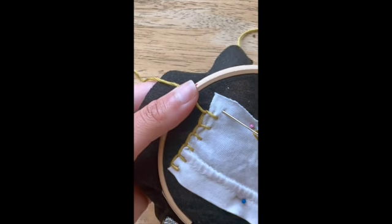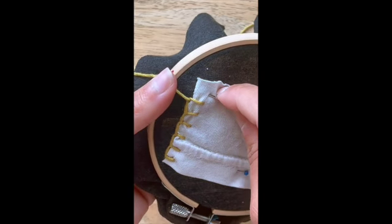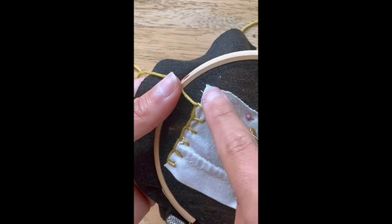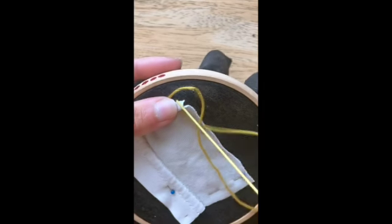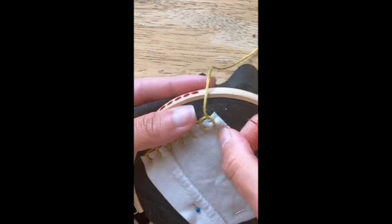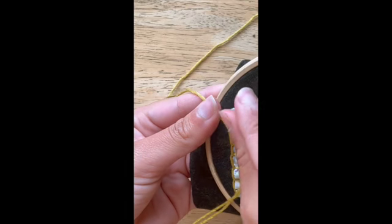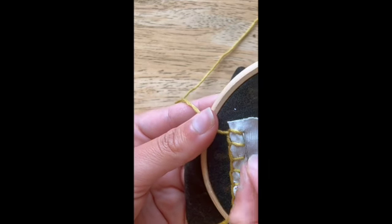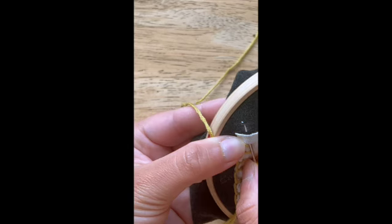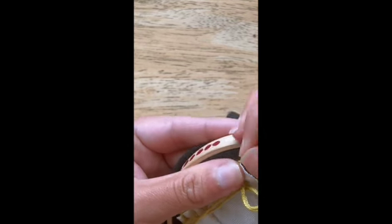For the corner, it becomes a little bit complicated sometimes, like if you want it to look nicer. So this is what I'm going to do. I'm going to do kind of in the middle, stitch, bring the thread around, go over, and I have this stitch. Now what I'm going to do is I'm going to go through both layers of fabric using the same stitch as before, the same hole, but I'm gonna come out on this side. I'm gonna bring the thread around just like we've been doing, and I'll be pulling,